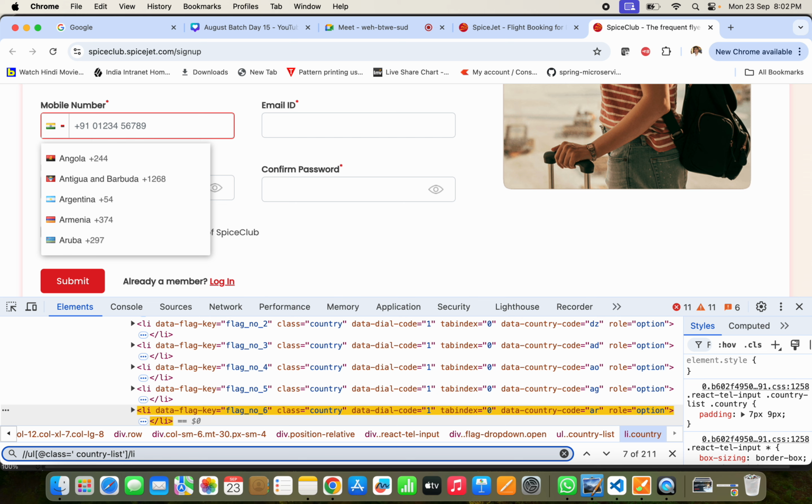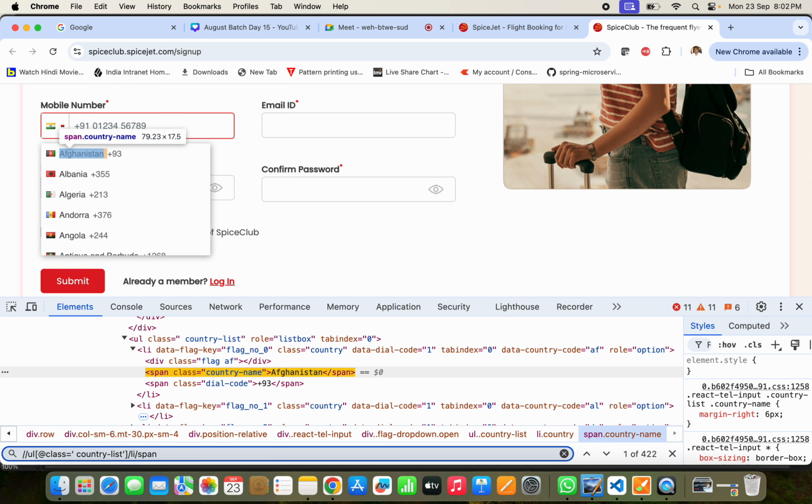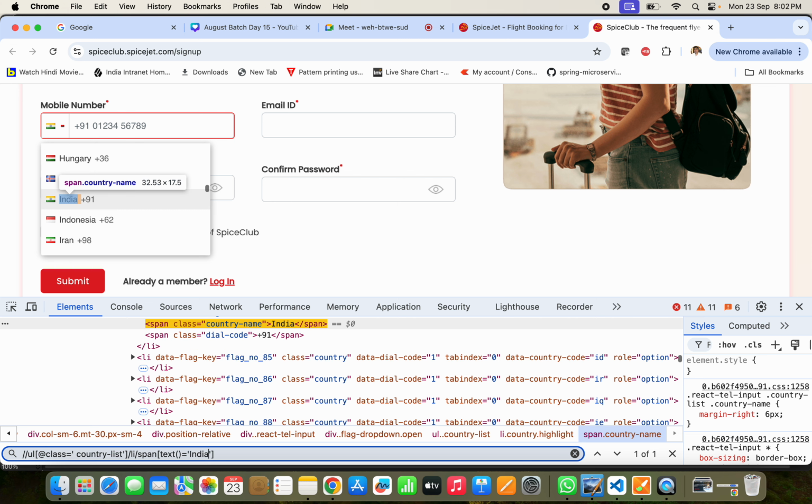So li that contains India, or descendant of li contains India, correct? इंडेक्स दे सकते हो, बट इंडेक्स इज नॉट अ गुड। सो li के अंदर एक स्पैन है, स्पैन कॉन्टेन्स दैट कंट्री। सो दिस इज टेक्स्ट इंडिया, राइट, एंड हेयर यू हैव टू सिलेक्ट इट।